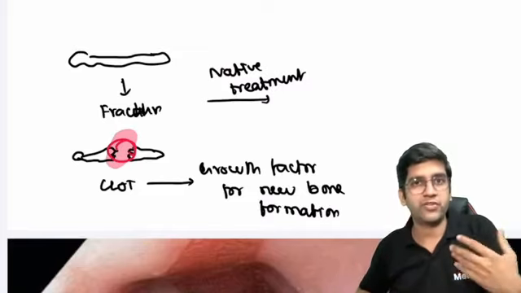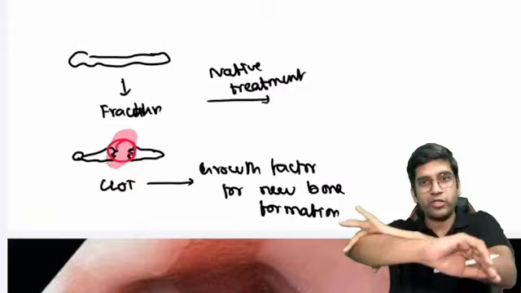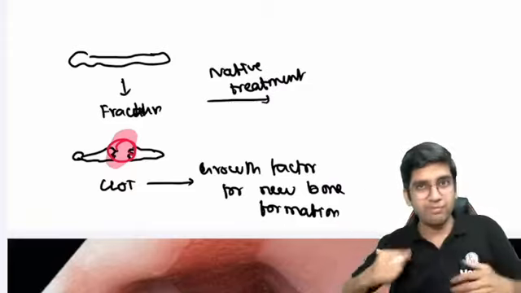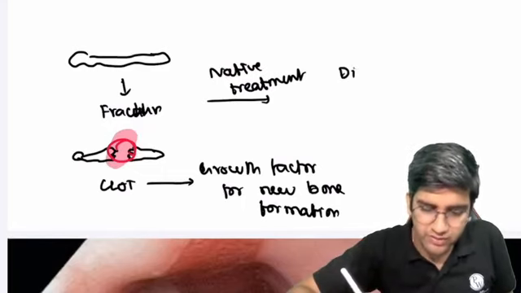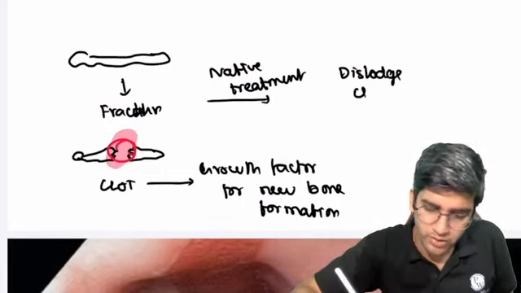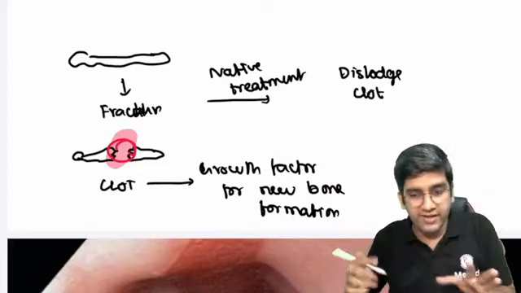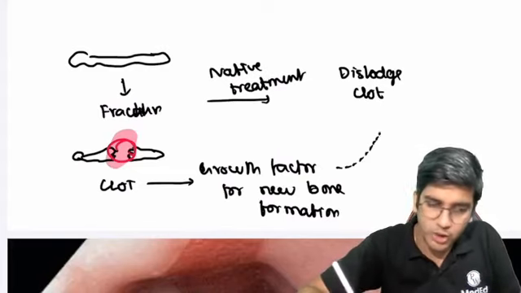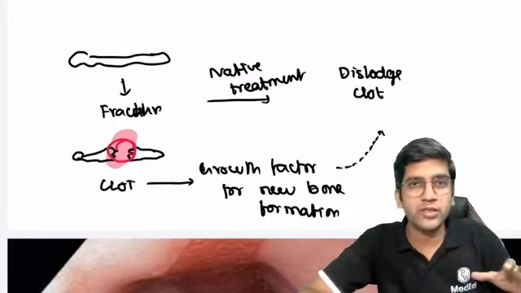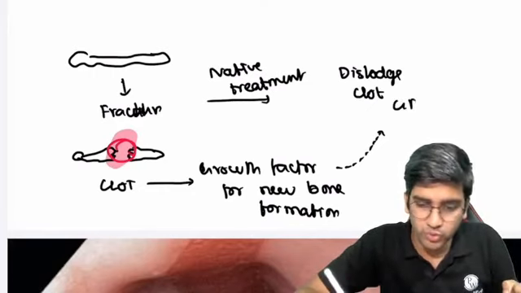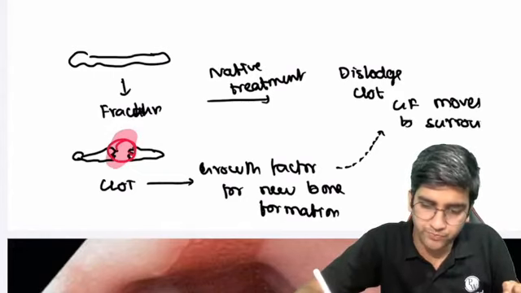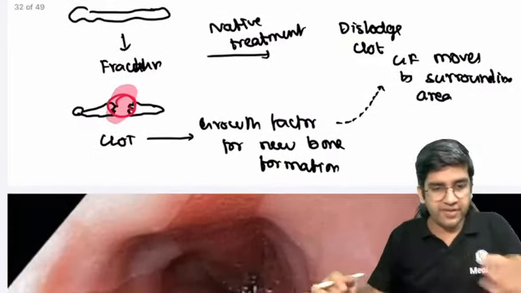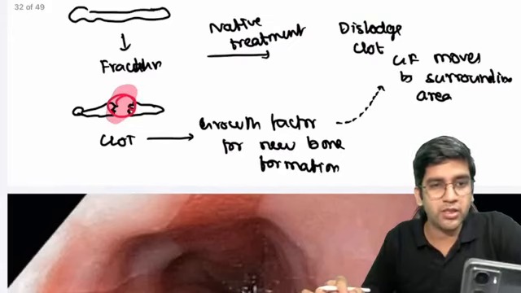If you have ever seen a person with a fracture in native treatment, what they do is they put oil and rub the area like this. Once they rub the area, am I right in saying that I will dislodge the clot? Yes, in native treatment they dislodge the clot. When the clot is broken, the growth factors in the clot will automatically move to the surrounding area. When the growth factors move to the surrounding area, the growth factors might